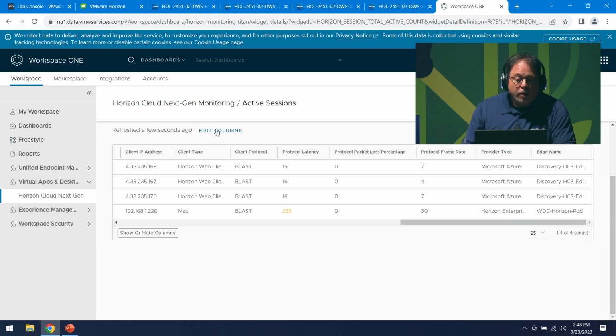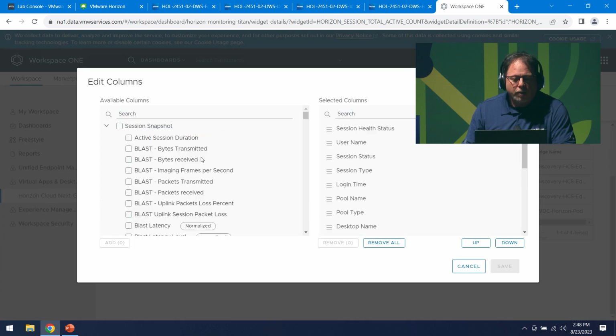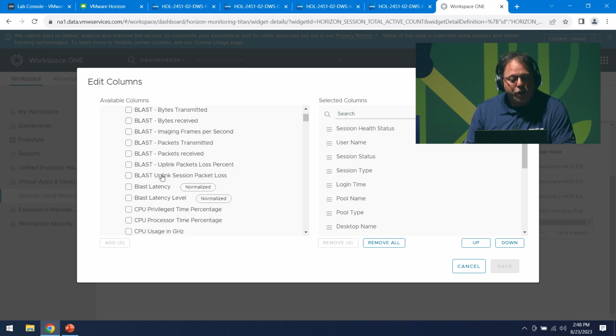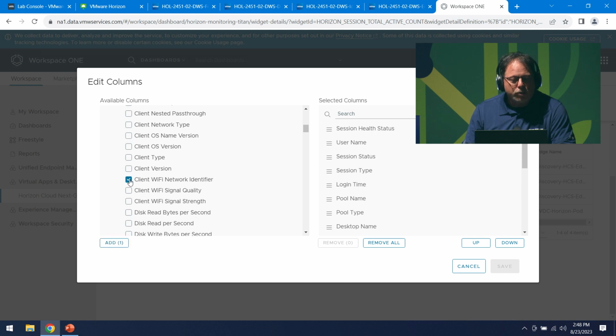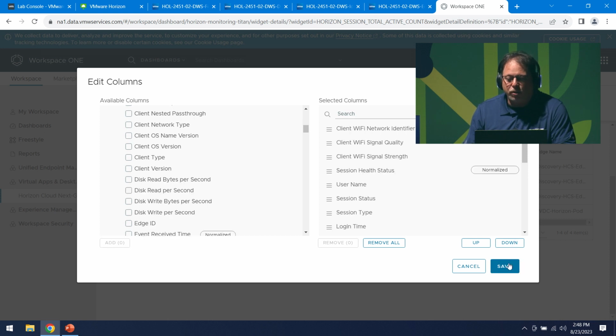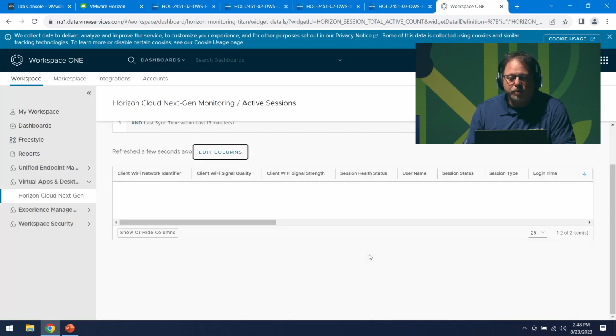it came from. And I also like to show here, there's a ton of other metrics that we're collecting through that Horizon Edge from the desktop agents. So potentially, we'll see if it shows any here. Just with a Horizon agent, a Horizon client, and the Horizon Edge correctly deployed, you can actually collect Wi-Fi information about the endpoints. So if you have a user that's logging in from Starbucks,